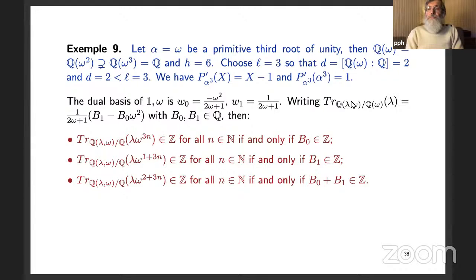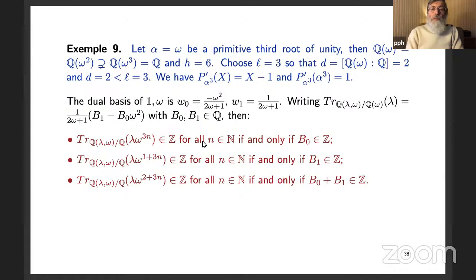And we can write the trace of lambda over Q of omega as this expression with b1, b0 a priori in Q. So the trace a priori is an element in Q of omega, and we write it on the dual basis with coefficients b0, b1, which a priori belong to Q. But now, if we want to consider the fact that the trace of lambda omega^(3n) belongs to Z for all n in N, so again, as noted before, this is an arithmetic progression,